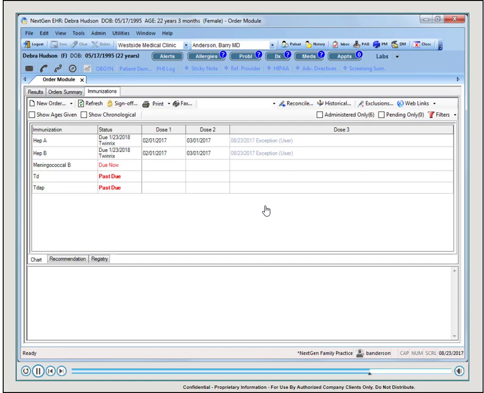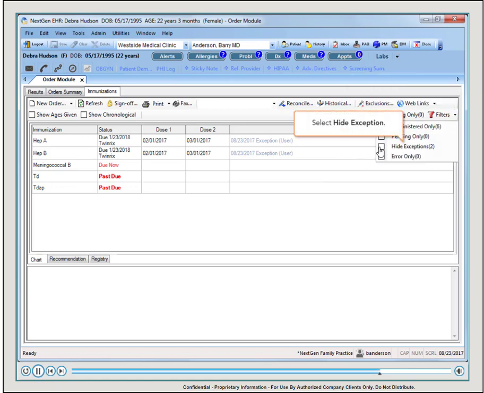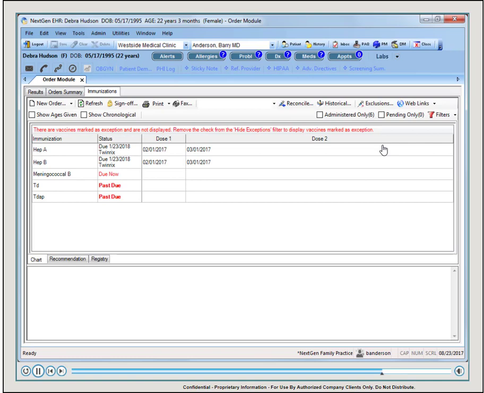A new option has been added to filters to allow you to hide exceptions. Click the Filters drop-down arrow. Select Hide Exception. The vaccines marked as exception are now hidden. To cancel the filter and display all vaccines, simply click the Filters drop-down arrow and deselect the Marked as Exception